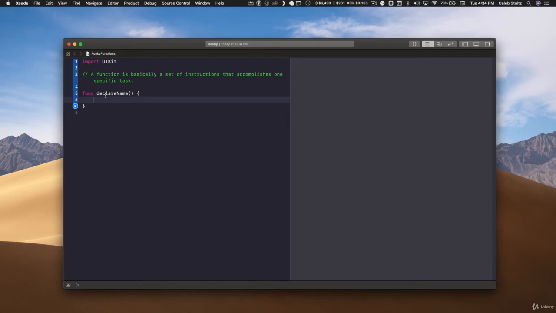So in order to actually get this function to do something, we can give it some instructions. So whenever I call this function, or whenever I tell the Swift compiler to run this function, what I want it to do is to print my name. Okay? Just like that. Now let's go ahead and run the code and let's see if our function works. It's running, and